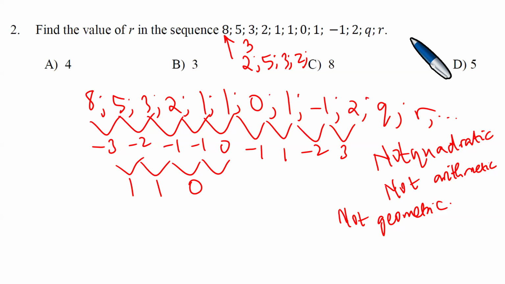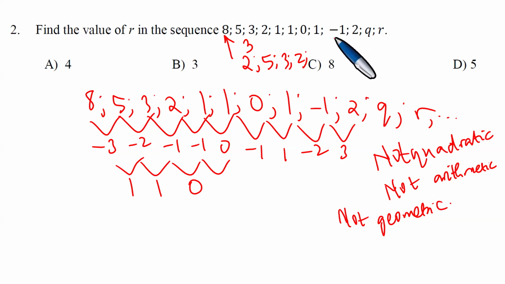Okay, right. You need to look at this and reason and think about this. The question is saying, find the value of R in the sequence. Now, if you look at this sequence, what would we get? Because there's an 8, there's a 5, and the 5 itself is an odd number. And if you look at the fact that if you start this from the end, and you're looking at it from